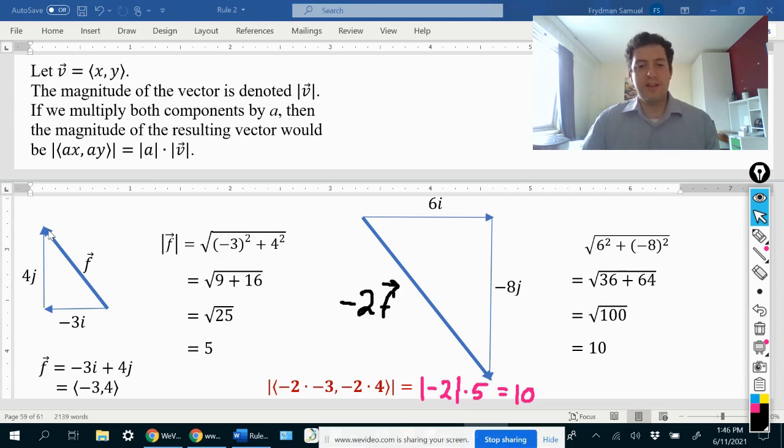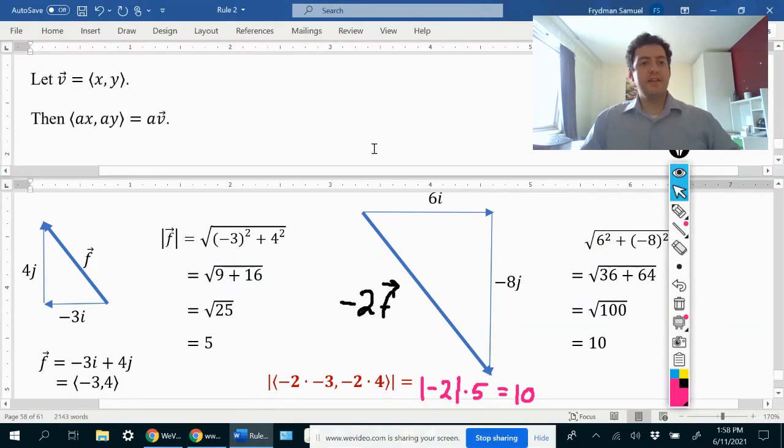Okay, it's moving in exactly the opposite direction. So that takes care of the negative. Is the length of this vector twice as long as the length of this vector? It is. We just said that, right? The magnitude of this vector is 10. The magnitude of this vector is 5. So this one is twice as long as this one. So we are justified in calling this vector -2f. Okay, so that's another important point,